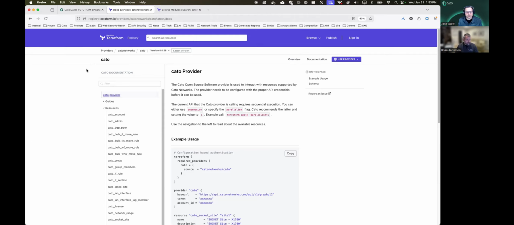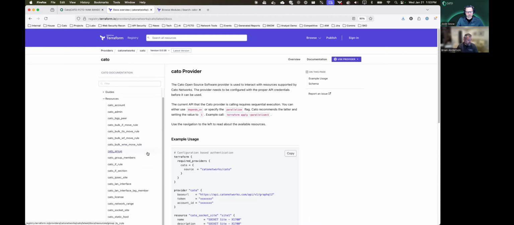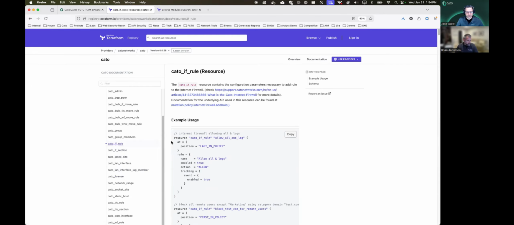In some of our other sessions, we have introductions to what is Terraform, what are resources, how to apply those things. And today we're going to be using some of the resources that we find here from the registry in a module, which is a combination of one or more resources and one or more providers. So in the case that I wanted to take something like an internet firewall rule, for example,